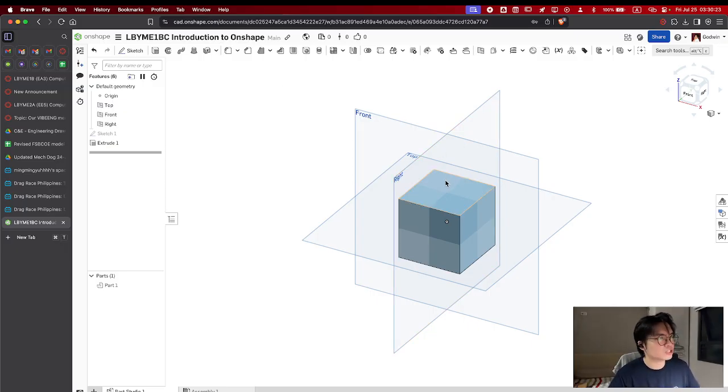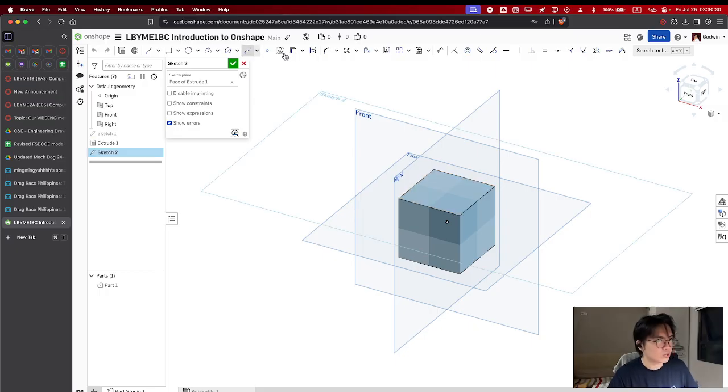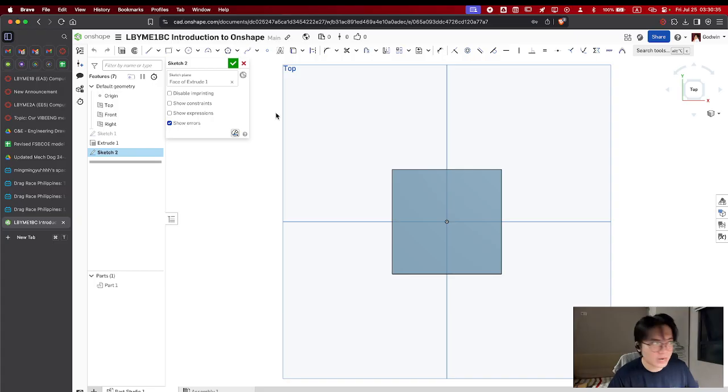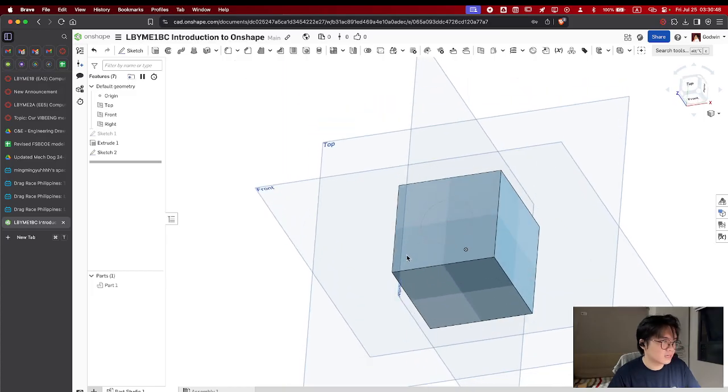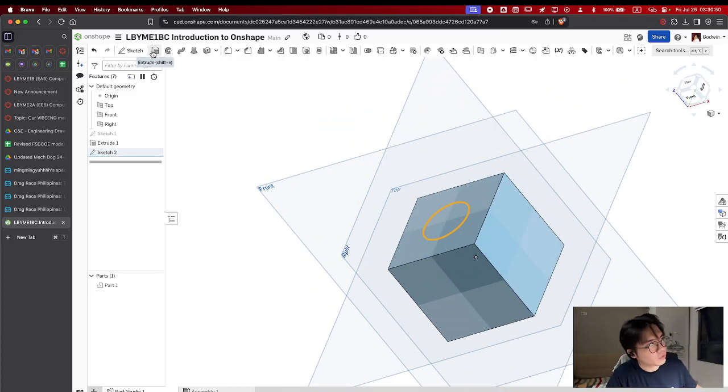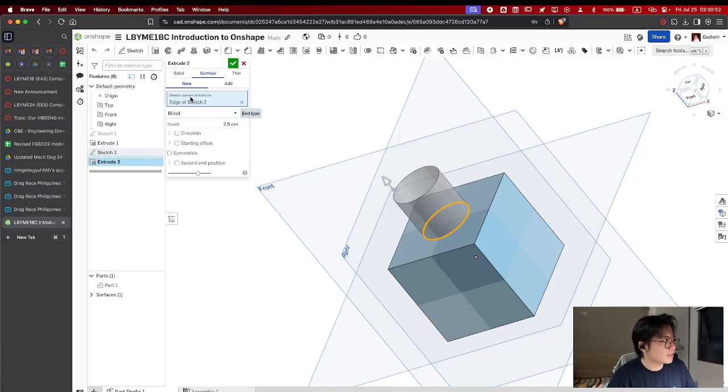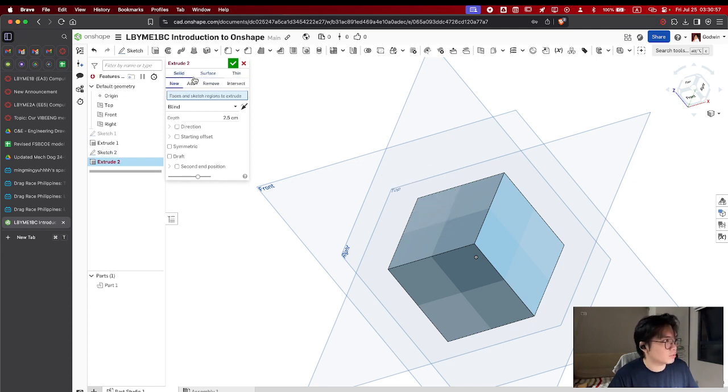And now let's try and find a way for us to cut a hole in this thing, right? Just again to show you guys what I mean when I say that the extruded boss/base and the extruded cut are now in the same place. This is what we'll do, 2.5, and then that's good. And let's see, this is what we will be cutting, right? Because what will happen is that if you include,